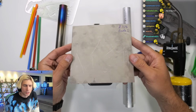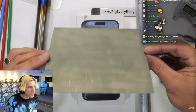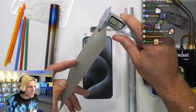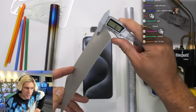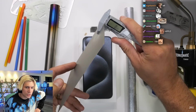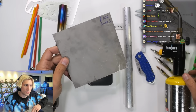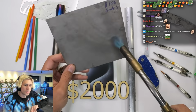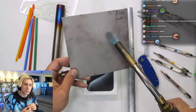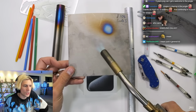I'm too poor to buy a full rod of grade 5 titanium, since a single notepad-sized paper-thick sliver already costs $106 all by itself. Jesus! If you do some simple math and scale this 0.5 millimeter thick piece of metal up to a hypothetical 8.5 millimeter block, thick enough to mill a phone out of, we would be looking at almost $2,000 worth of grade 5 titanium. And that's not even including the complexity of milling and shaping grade 5, and the dollars worth of